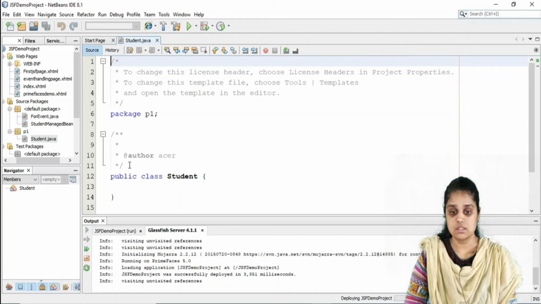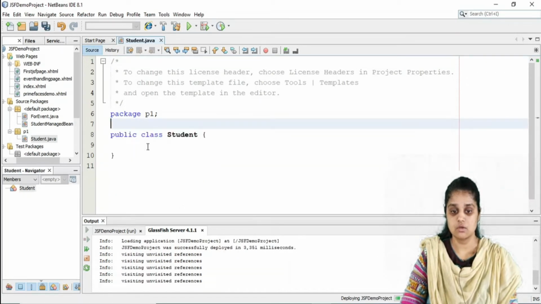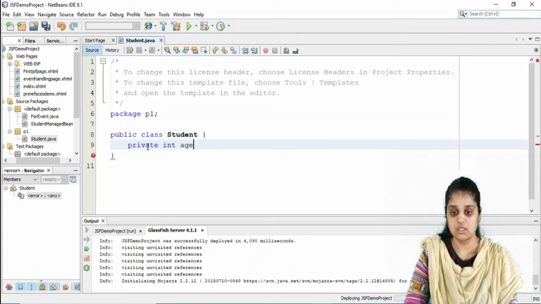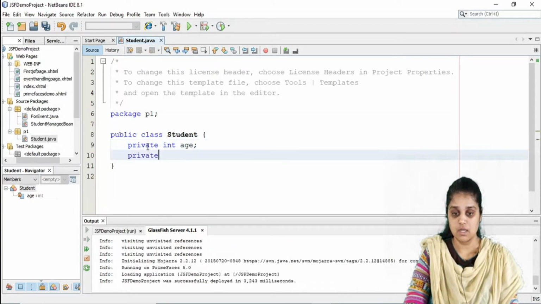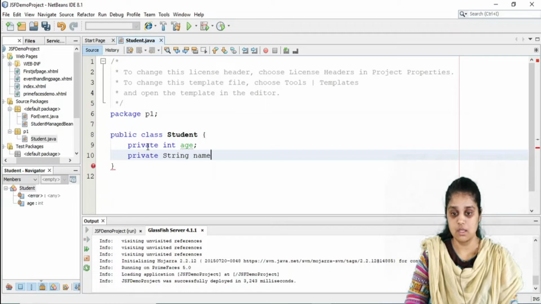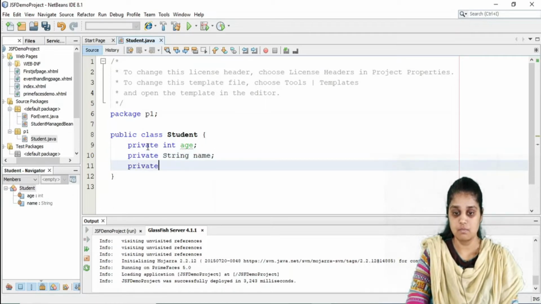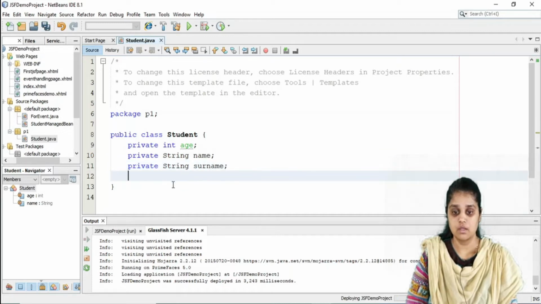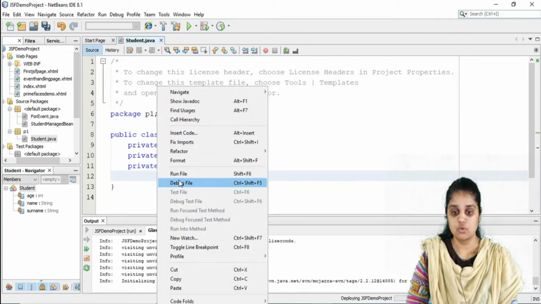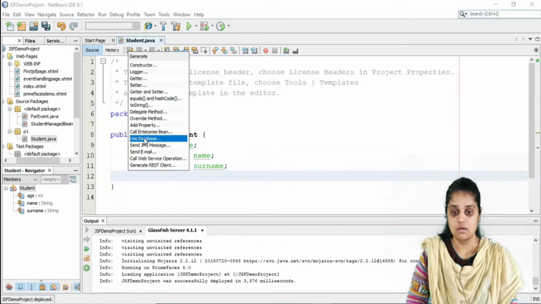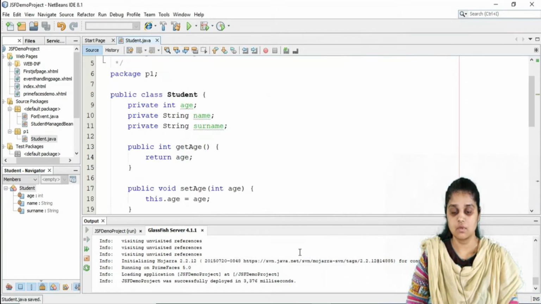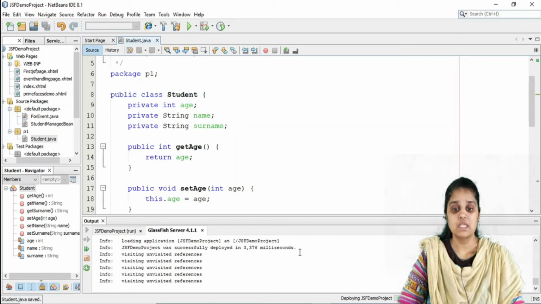In this I am going to declare 3 variables: private integer age, private string name and private string surname. Okay, now I am going to add their getter setters. Okay, this is a simple bean file.